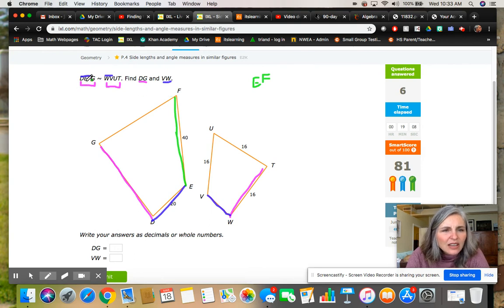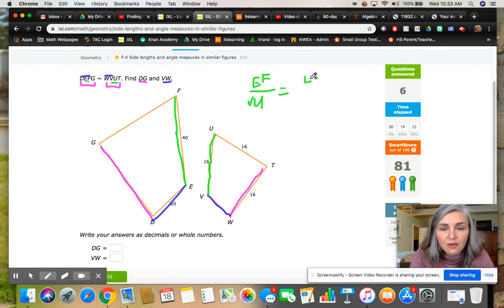And let's look here. EF is the middle 2, so that's going to be VU. So this is what's going to allow me to get a proportion to solve the other 2 sides, right? And like I said, they're not always obvious. You can't always just multiply or divide. So